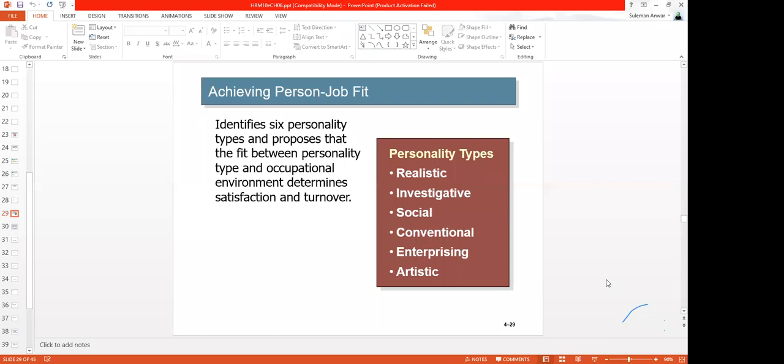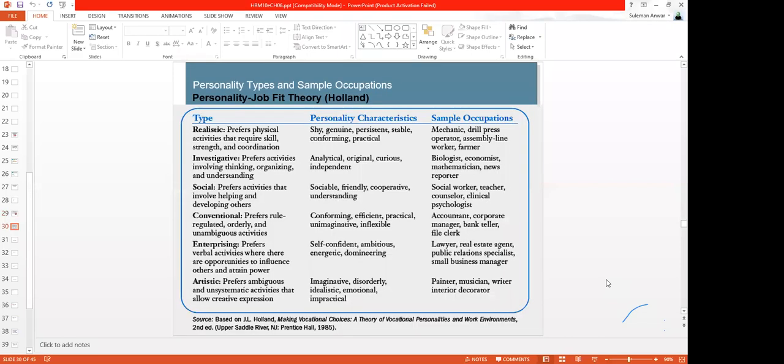Okay, now to place people in these 6 categories, we have personality type sample occupations, and these personality types are by Holland. So personality job fit theory says that the 6 personality types, realistic, investigative, social, conventional, artistic,